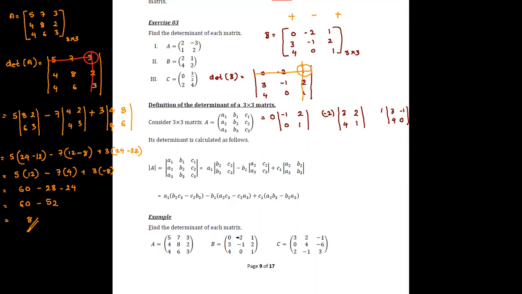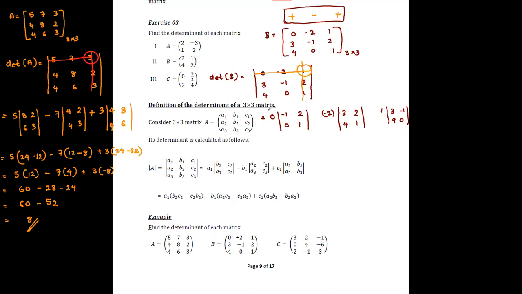Now we have to connect them. To connect these terms, we follow the procedure that we discussed previously. The first term should be connected with plus, the second term with minus, the third term with plus. This does not imply that you have to use the value which is given in the matrix. It is not. For whatever value is given in the matrix, you have to connect it with a plus sign for the first term, minus for the second term, plus for the third term.